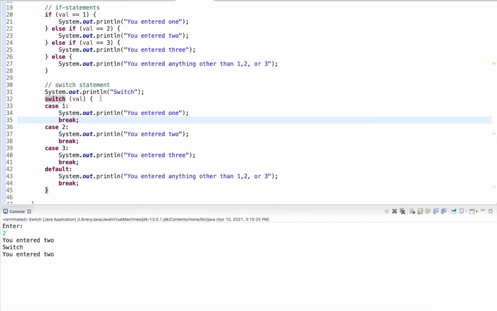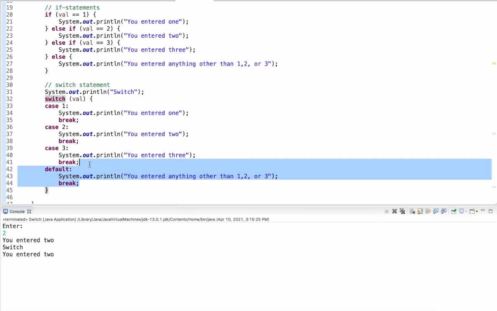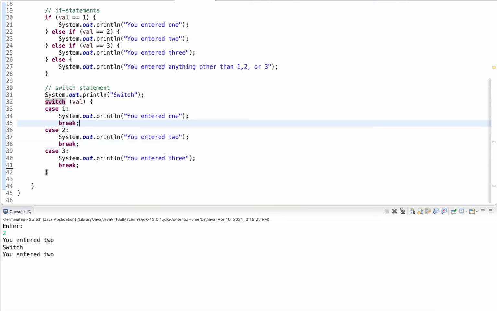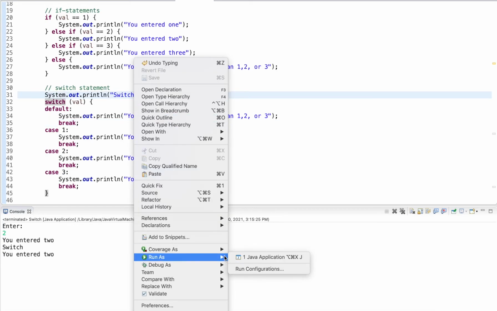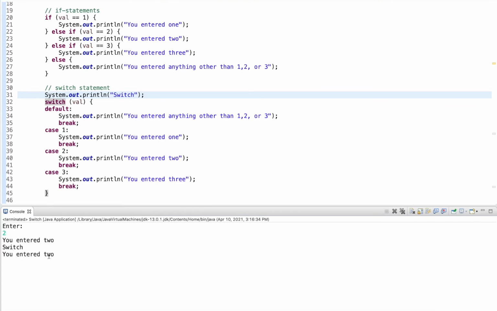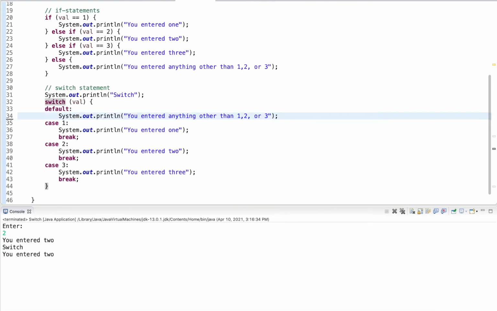The other thing that is nice is for an if-else statement, the else statement is the last part that we have. For a switch statement, the default case can be anywhere. I can put it here, for example, in the middle. I can put it as a first case. And even if I have it as a first case, nothing changes. If I enter 2, it's still only enter 2. The difference is I can put it, for example, like this.